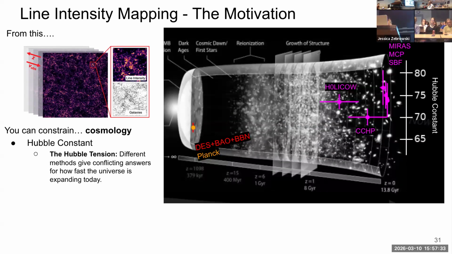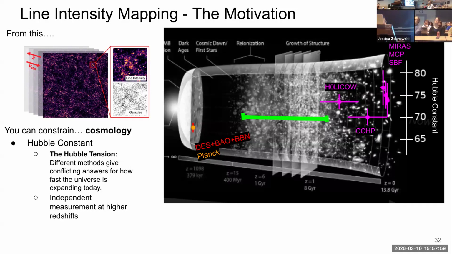But you can also constrain cosmology. For example, here I've plotted the Hubble tension as a function of redshift. I've put the different values of the Hubble constant on this plot, basically where they're measured in the universe's history. And you can see the commonly known thing, which is that the early universe versus late universe measurements of the Hubble constant have these small and non-overlapping error bars. And what I think is super interesting is making an independent measurement of the Hubble constant somewhere in these middle redshifts, and seeing if it agrees with one of the two endpoints or shows up somewhere in the middle.